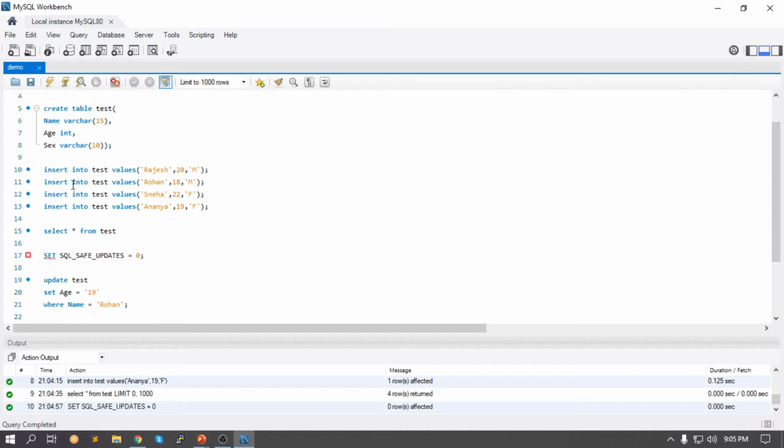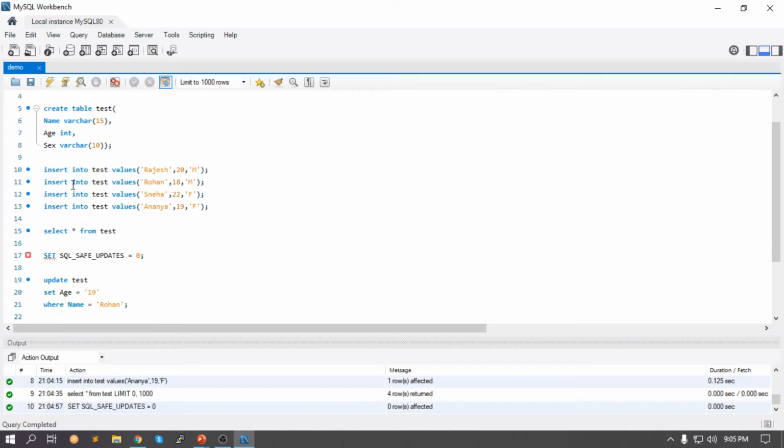So update the table name. Test is our table name, if you can see here, right? So test is our table name. This is the creation command. Test again, where we are inserting the data, which we're already done with. We're printing all of the things that we've already done, and now we're going to update this particular table, and we're going to set age equal to 19.